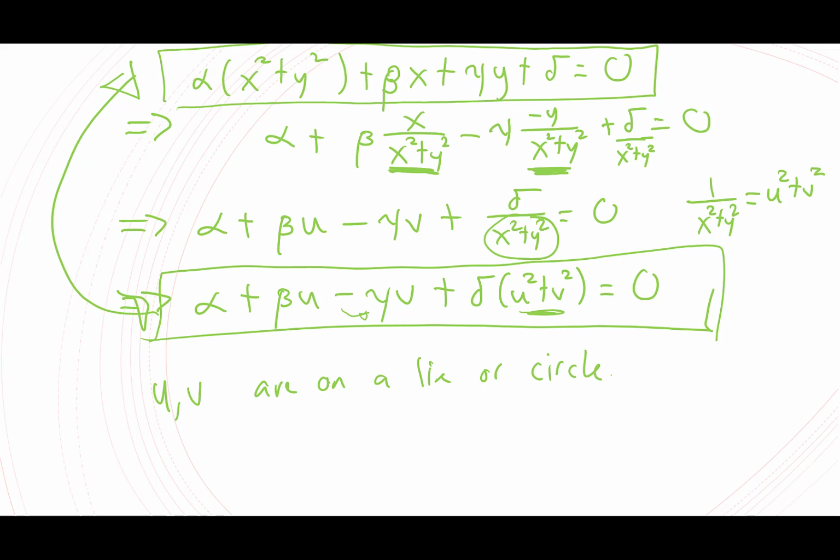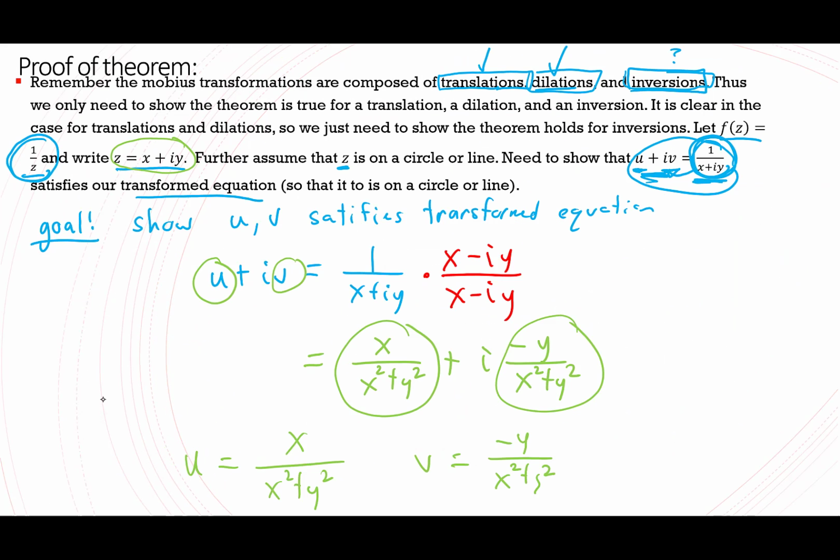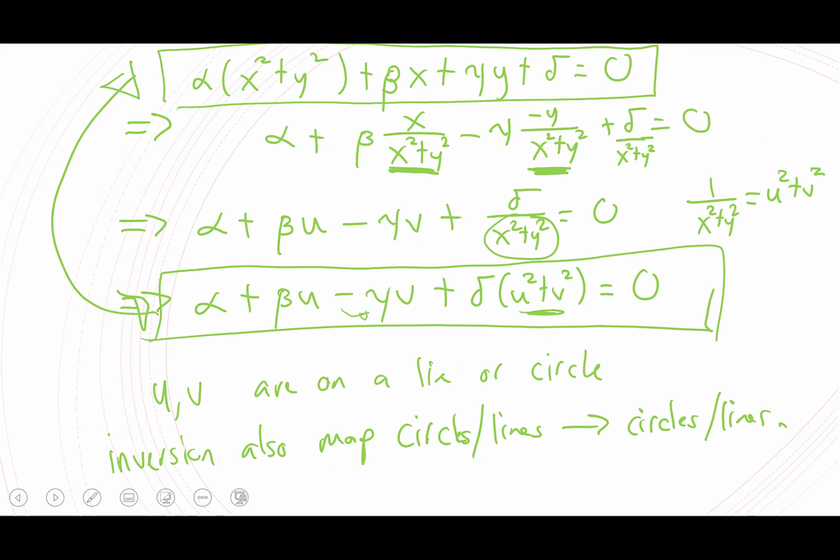Remember, u and v came from our inversion. So what this means is that inversions also map circles and lines to circles and lines. Boom. So we have this really, really cool result: if you have a Mobius transformation, Mobius transformations take circles